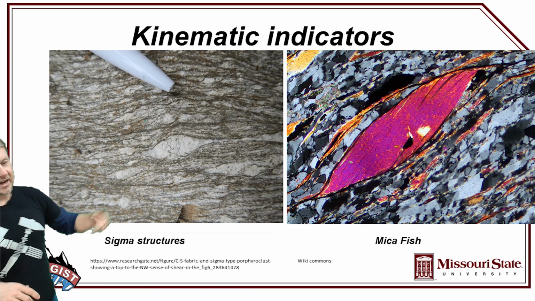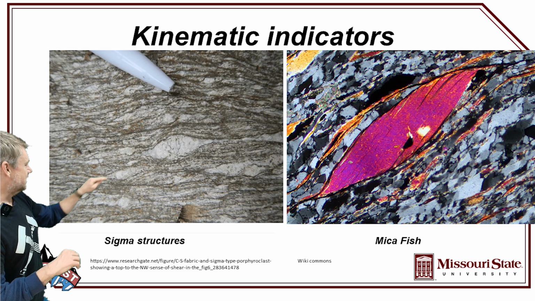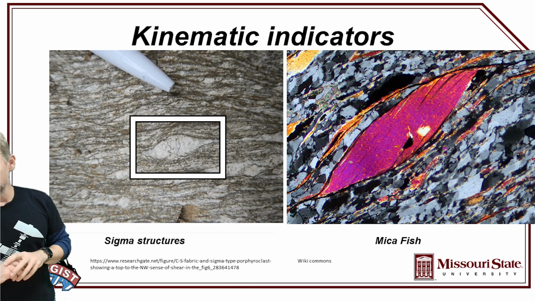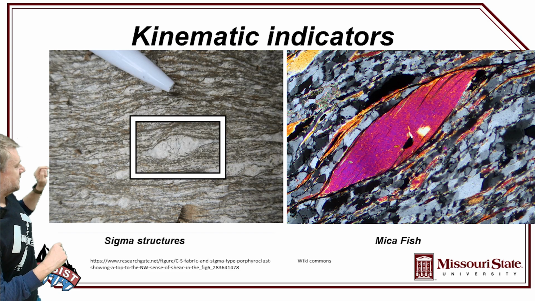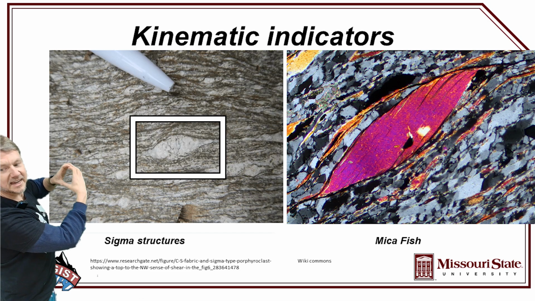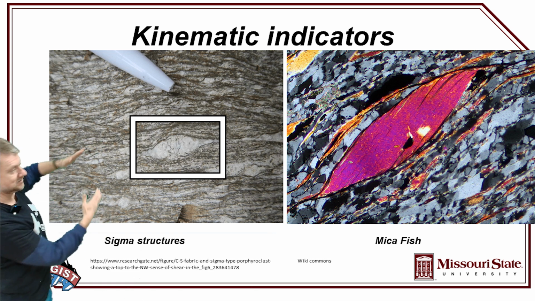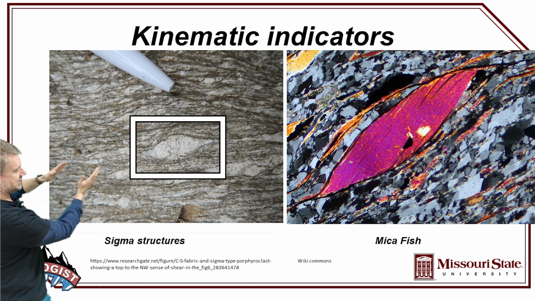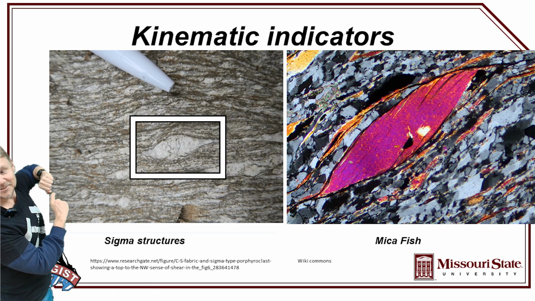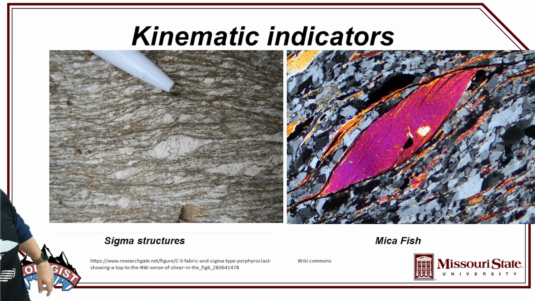And so two of them right here, these are two of the more common ones. One's called a sigma structure, and it looks, I don't know, kind of like that right there. There's your sigma structure, and the way I remember that is, imagine you were to take a block and then shear it, like a deck of cards, all right? And if you pushed this way on this deck of cards, you sheared it that way, you would get the deck of cards to look like that, okay? The other structure here that we need to talk about,